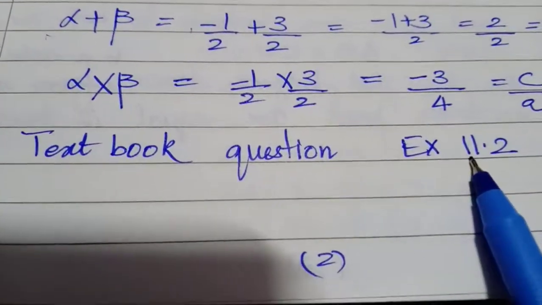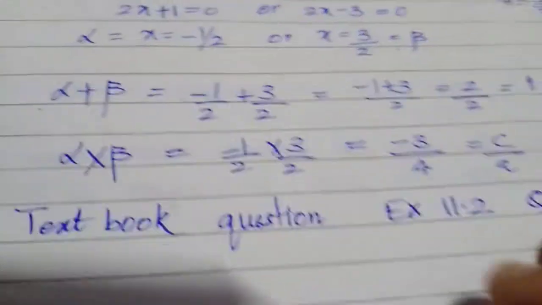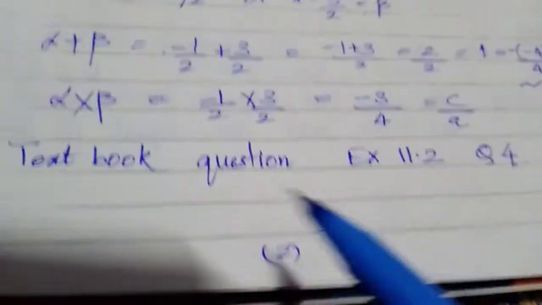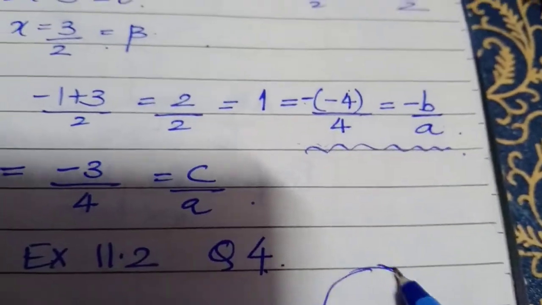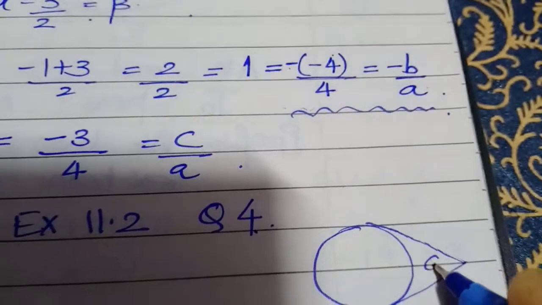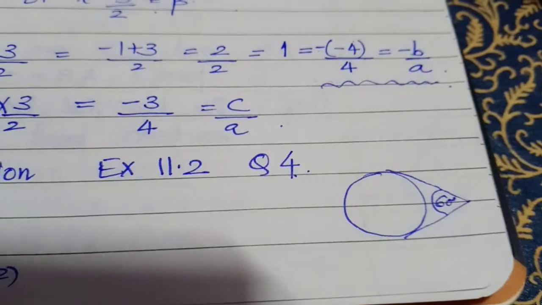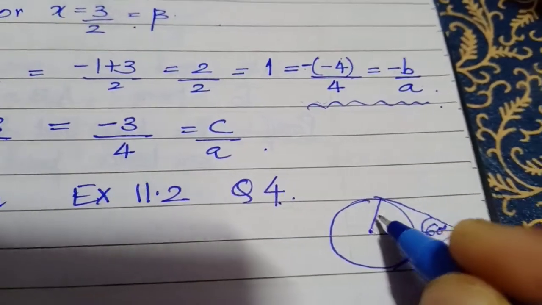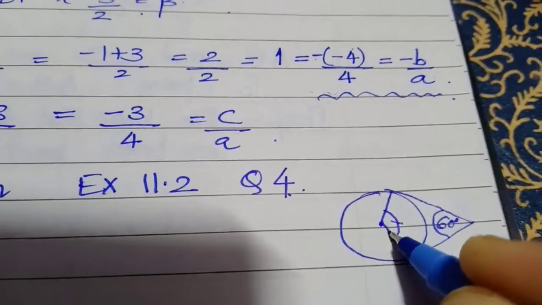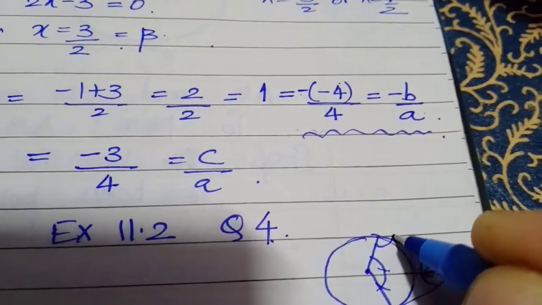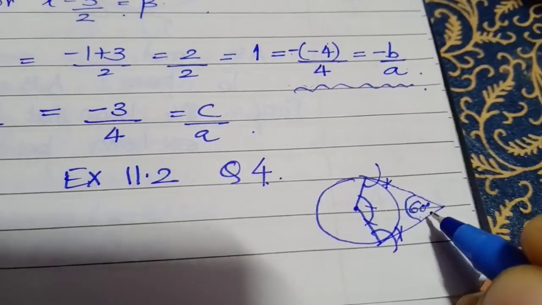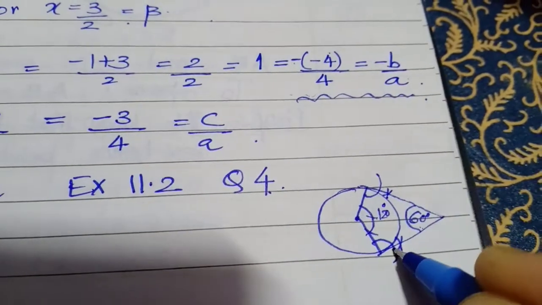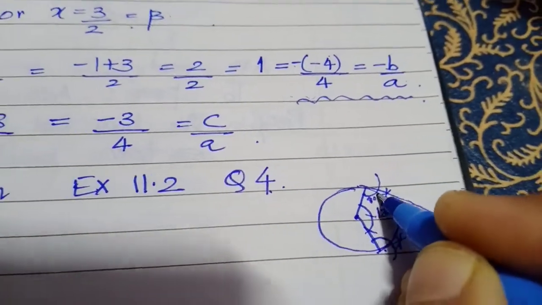24th question is on construction of exercise 11.2, question number 4, and I said this is an important question, जिसमें बोला है draw a circle and make the tangents such that they are inclined at 60 degree. So you know that you have taken a radius and यहाँ से आपने 120 degree बनाया, यहाँ से आपने 90 degree बनाया, I think you know this, and then they will go and meet over here at 60 degree. So here you will draw 120, and here you are going to draw 90 degree each, and you approach 60 degree.